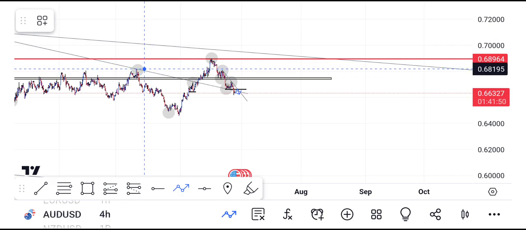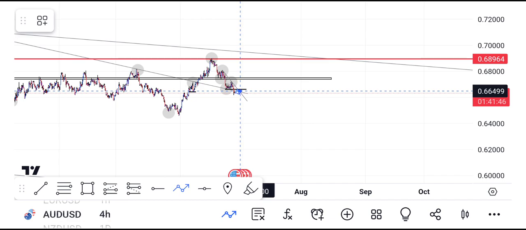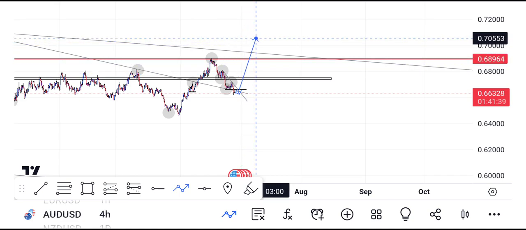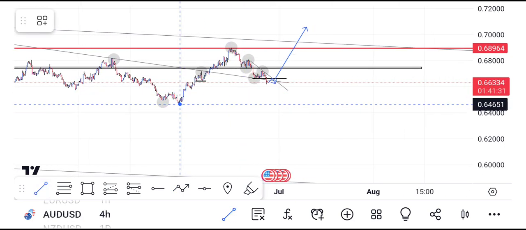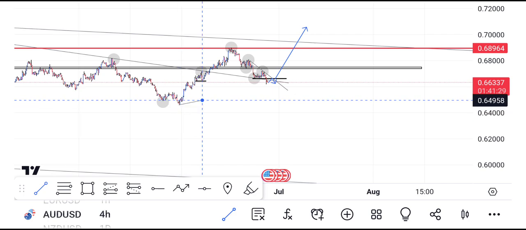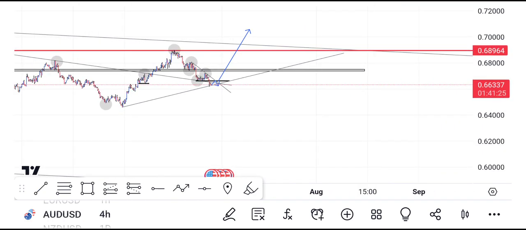So if this here was a shift in direction, it means price is only going to retest this level here. So therefore, I will wait for a break here, and then once price breaks there, that will confirm my new uptrend. Therefore, on that uptrend,